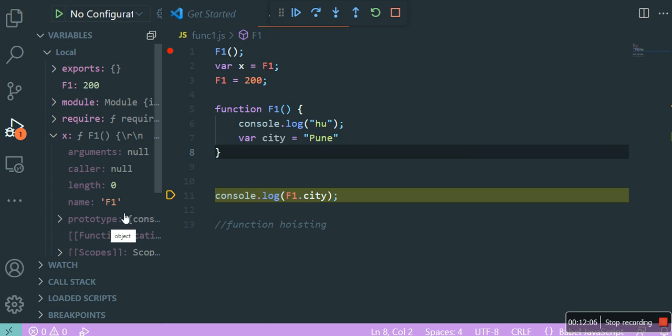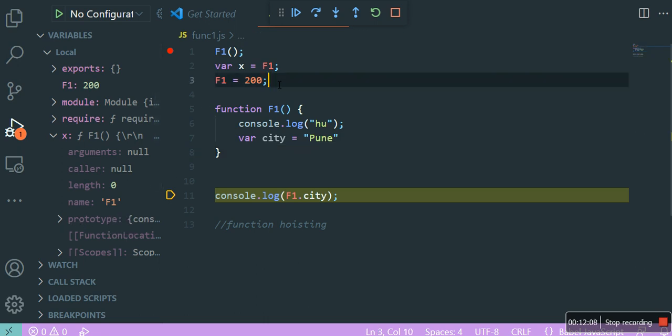तो वो होगा, है ना? But now all is gone because now my variable F1 is storing the value 200. Not pointing, pointing is the wrong word. Pointing should be used in the object sense only. Because 200 is a primitive type, we should not say pointing, we should say storing the value 200. Okay, because this is a reference variable, reference value. So अभी F1 में 200 stored है.